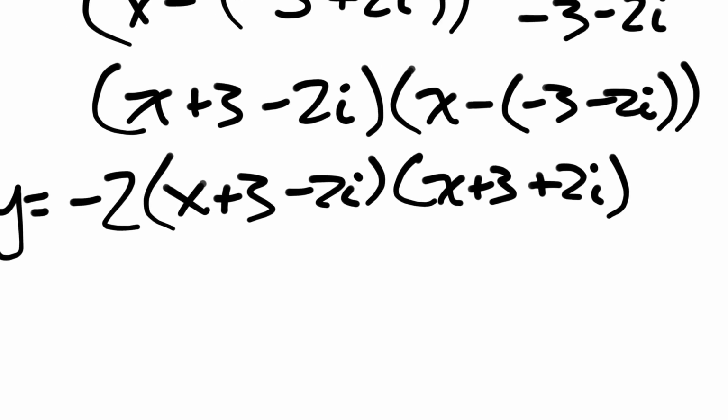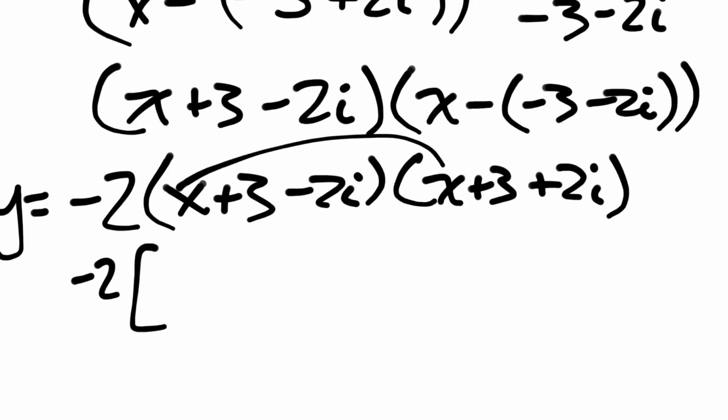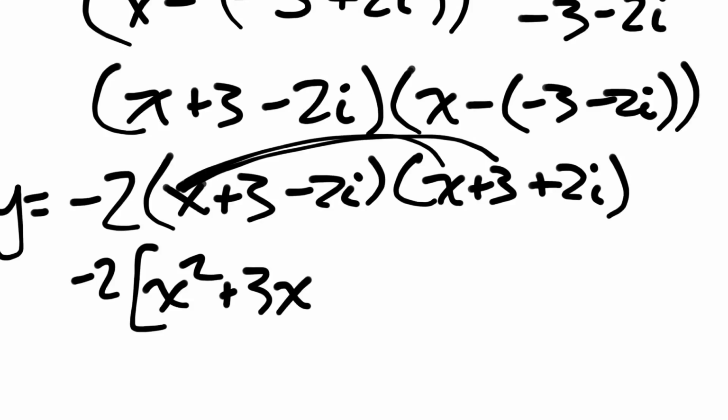So multiply everything together. Again, since we are dealing with conjugates, so much stuff cancels out. Maybe you see the pattern in what cancels out. If not, just expand it and then cancel afterwards. So leave that -2, let that chill. X times x is x squared. X times 3 is 3x. X times 2i is a positive